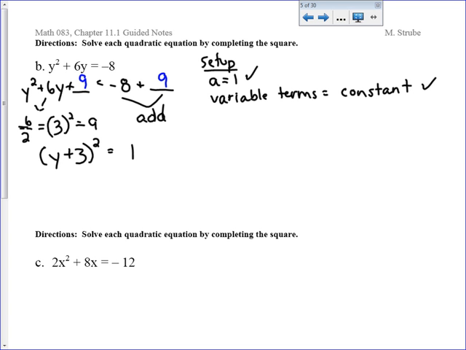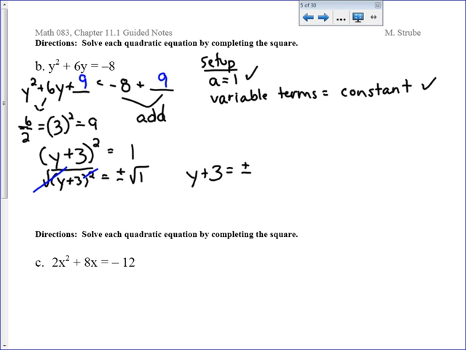And now we're back to the square root property, which was on your drill today, which we worked with on Monday. So when I see this, the quickest way to solve it is to just get rid of the squared on the parentheses. So what's the opposite of squaring? Square root. So I'm going to square root y plus 3 squared equals, don't forget your plus or minus, the square root of 1. On the left side, the square root and the squared cancel. That's why we're doing this process. So we're left with y plus 3